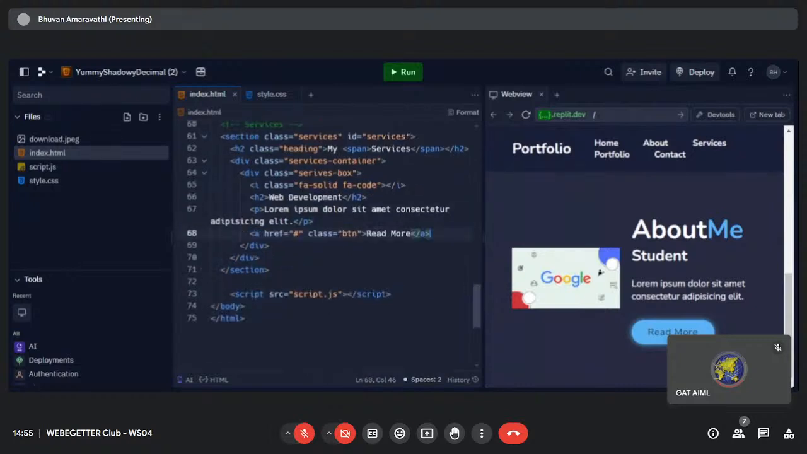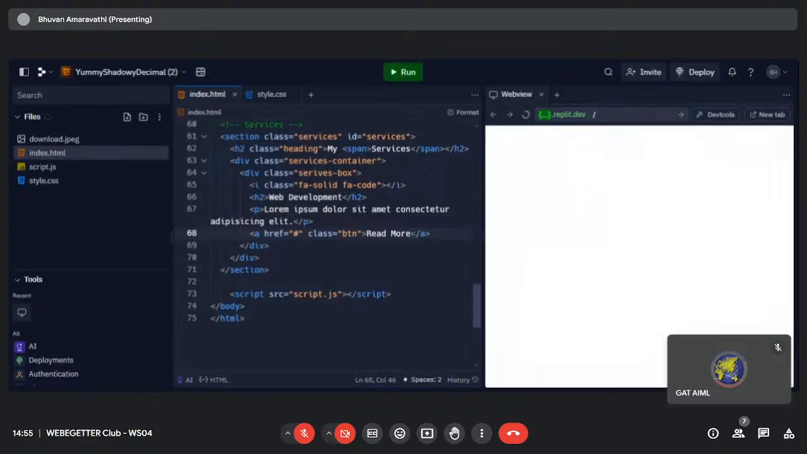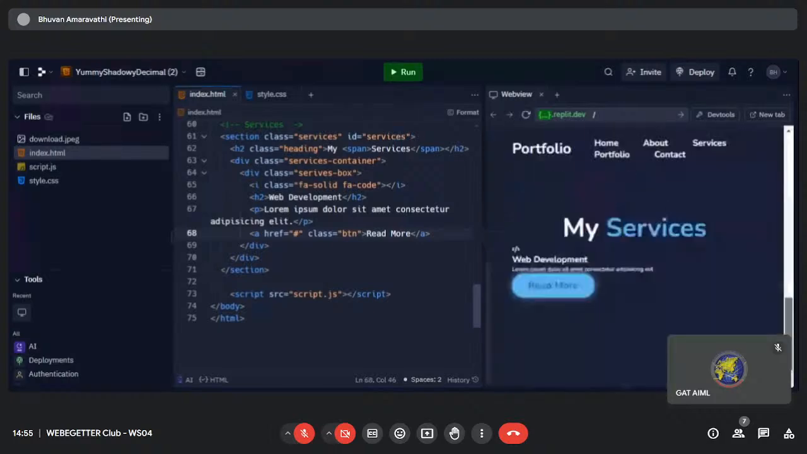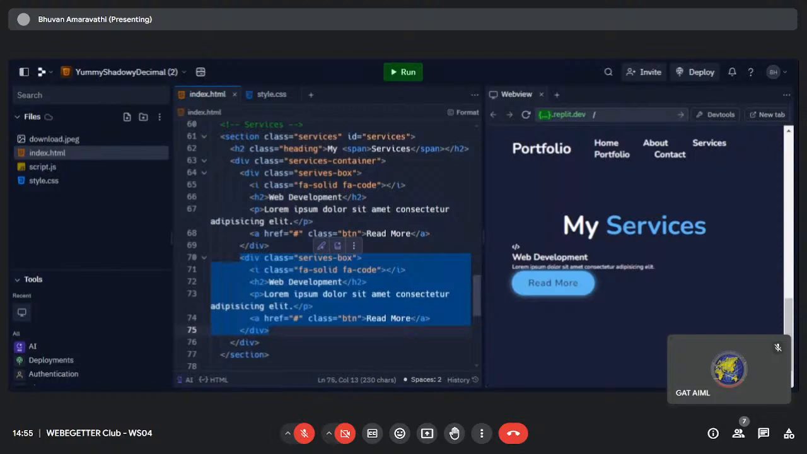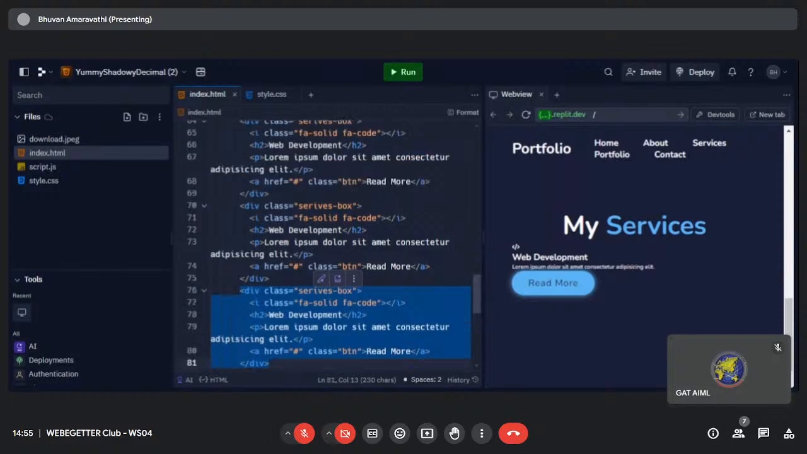Let's run the program and let's just see. We can see that. The same thing, only the div tag of the service box, we'll write it 2 to 3 times and run the program. So if we see that,